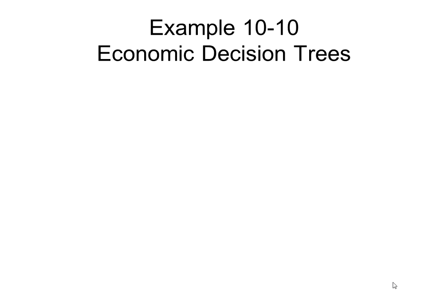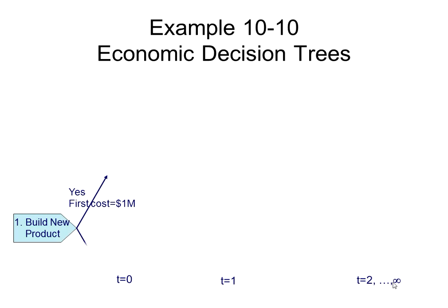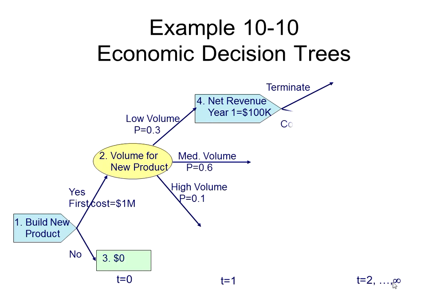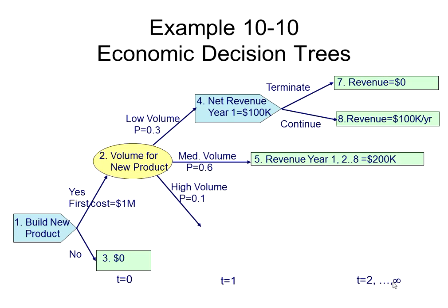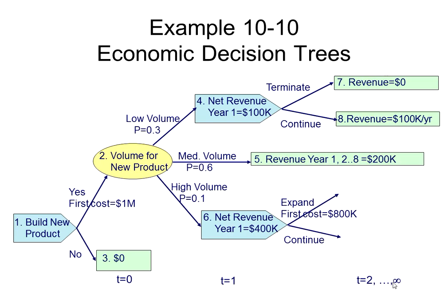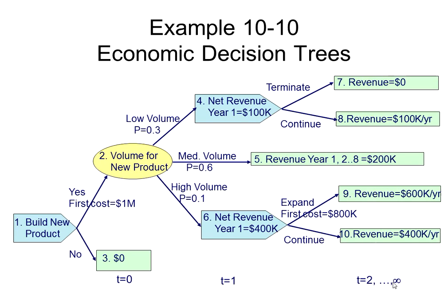So based on this economic decision tree, what we want to do is select the decisions. Again, we're looking at this tree, and usually we're going to start working backward. So we continue, we had this tree written out. What we're going to do is find the net present worth